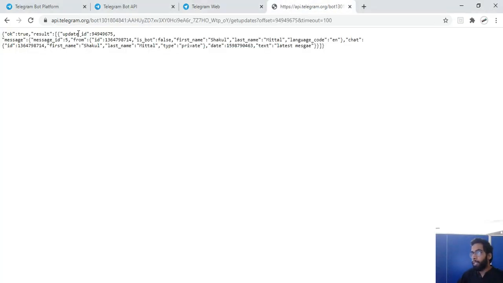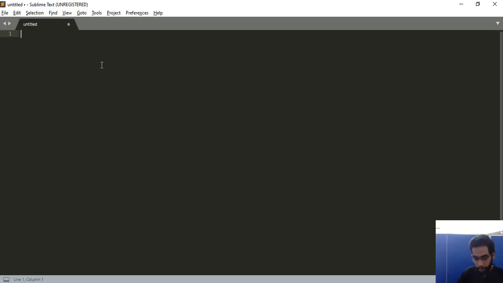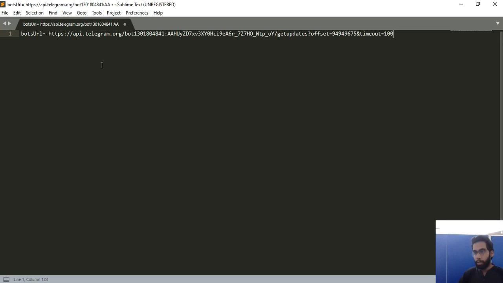Okay, so what we'll need is this API as well as the token. Let's copy this and head over to this, and let's say our bot URL is equal to this. So this will be my main file and this will be my URL.